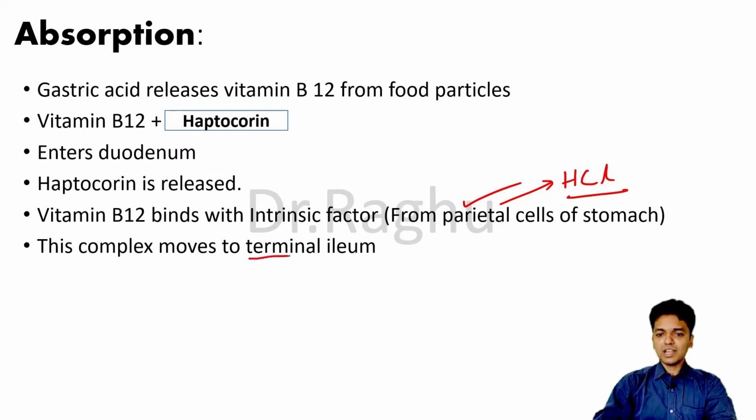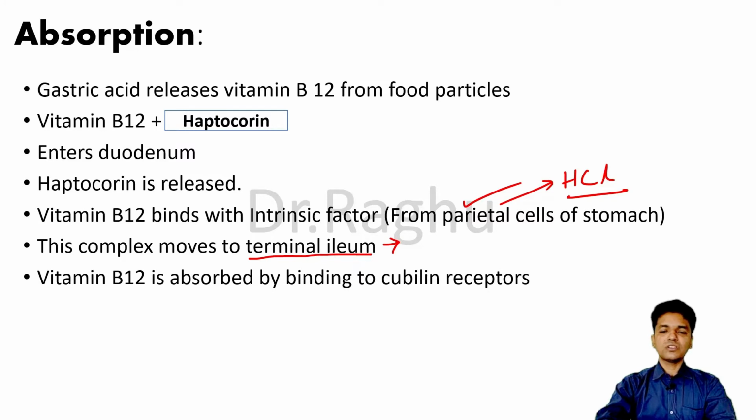Remember, terminal ileum is the site where vitamin B12 is going to get absorbed. So now what is going to happen is this complex of vitamin B12 and intrinsic factor is going to bind to receptors in the terminal ileum, which are called tubulin receptors. And by means of endocytosis, vitamin B12 enters into the enterocytes and then it is circulated by means of